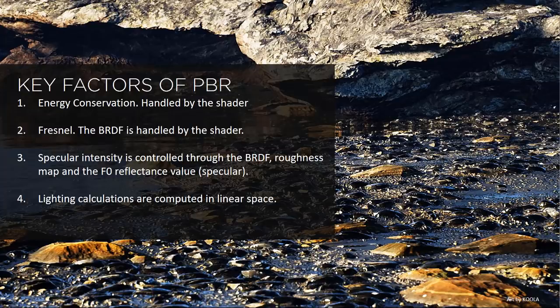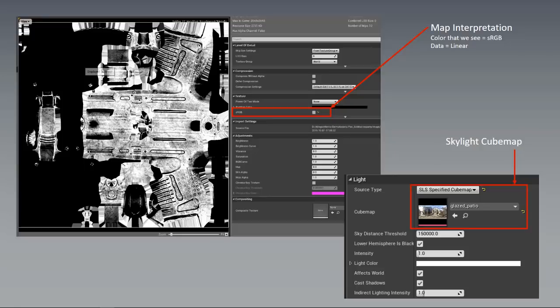Yeah, that's correct. One of the last things I'll mention is kind of an advanced topic, so we won't really need to touch on it too much. Lighting calculations are computed in linear space. Again, this is all happening in the shader, so it's a huge topic. We don't have to get into it. But what that does is lead me to my next slide here, which is